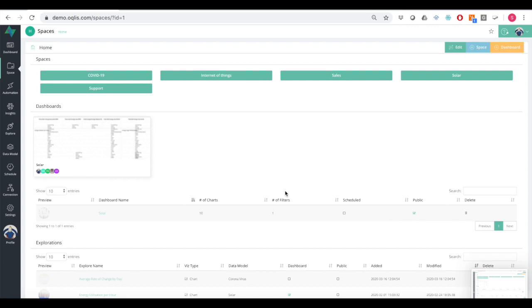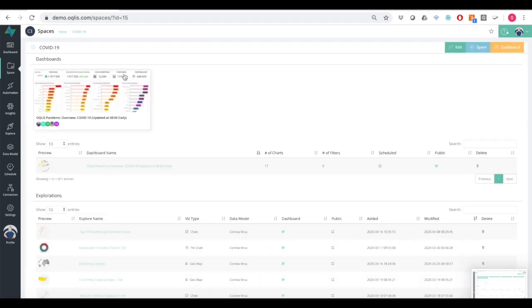So what we've done is we've created a dashboard for the COVID-19 pandemic that's happening at the moment. And if you click onto that space, what it will do is it will show you exactly what's happening within that COVID-19 space. So what we'll see here is it shows you all the different dashboards that we have in